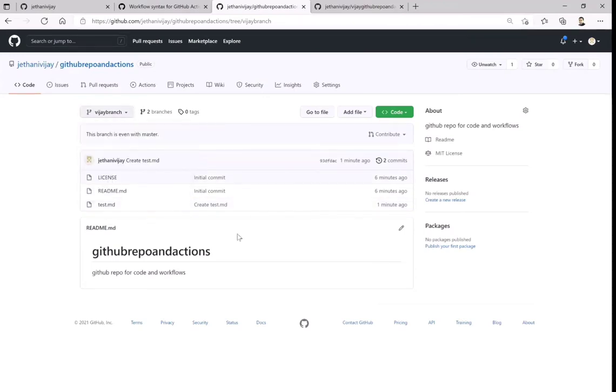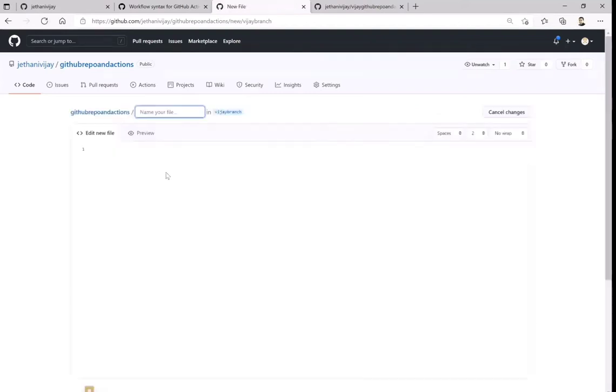So suppose now I want to add a different file, but now this will be on my branch, right? Say suppose my branch file. Again, this is a new feature branch for me.